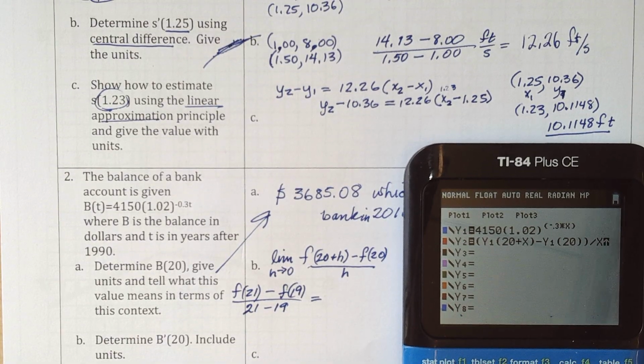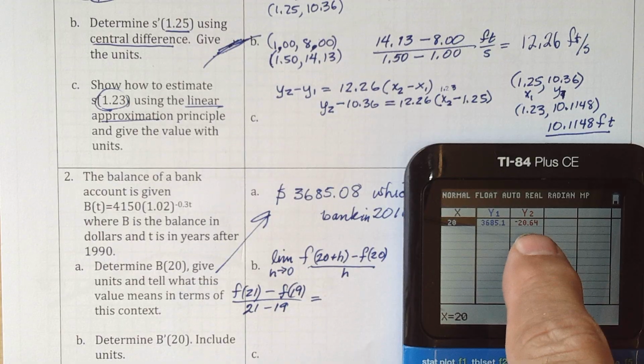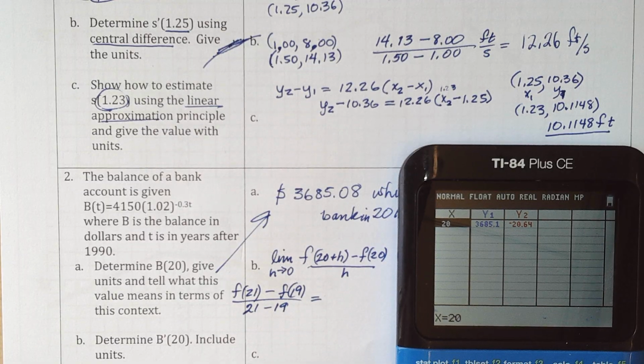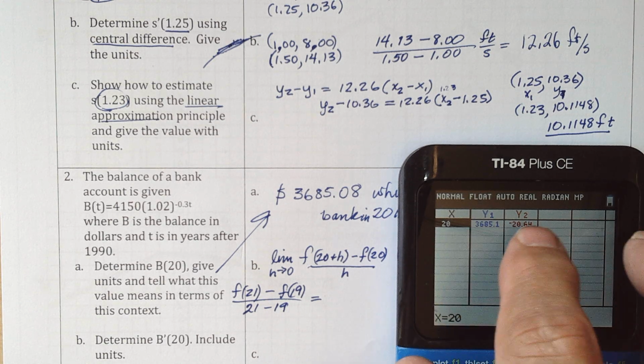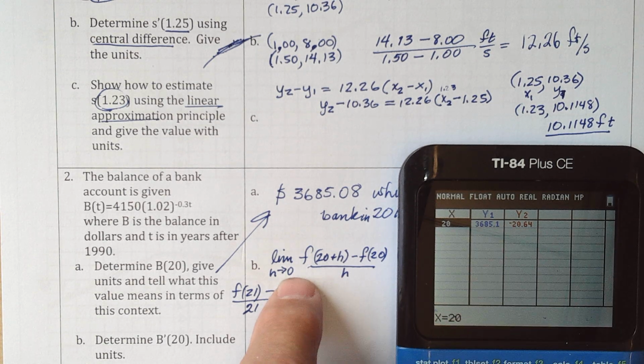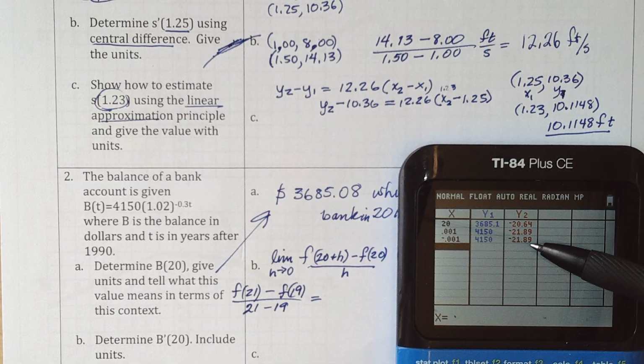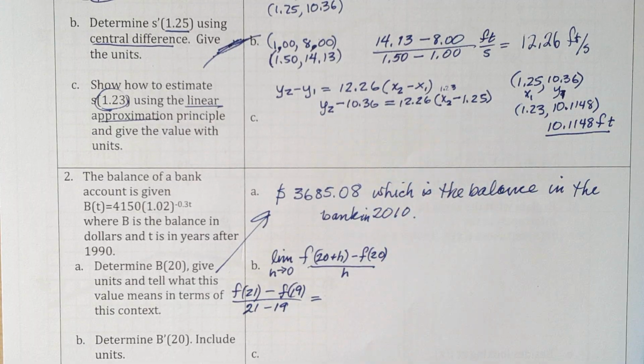And if I go back to that table now, it shows me what it's getting for a slope at 20. Well, that's not the slope at 20. That's just plugging 20 into that equation. But we don't want to put 20 in there. Remember, now x in this equation is supposed to be h, and h is supposed to be getting close to 0. So I want to put numbers close to 0, like 0.001 or minus 0.001. And you notice it gives me the same number from before or after, so that's got to be a pretty good guess for the slope at 20,